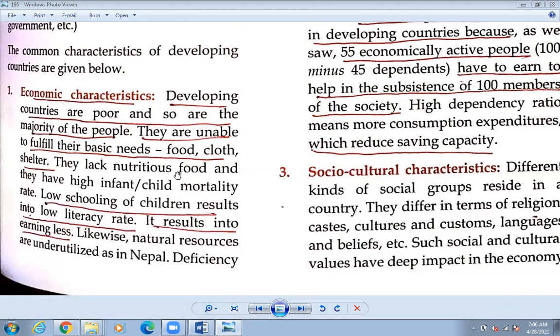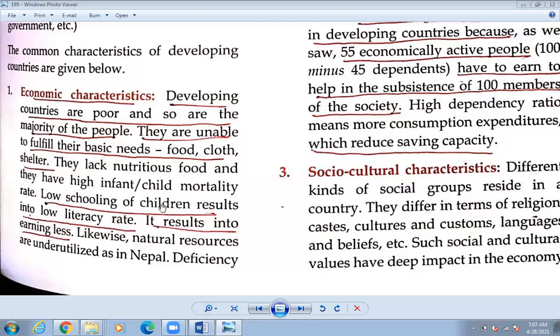In the developing country, the next thing we can see over here is that there is a high infant mortality rate also. Infant means child, children. They cannot give a proper nutritious diet to their children, and because of that there is a mortality rate also. That means there is a death rate. High death rates are found in the poor country. Children can die quickly from cold, diarrhea, even diarrhea. That's why it is a little bit dangerous.